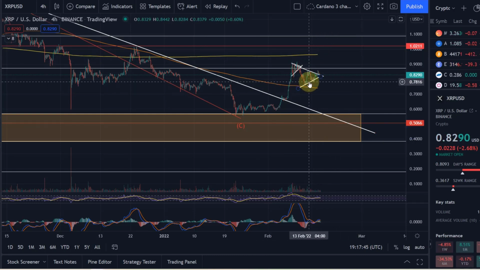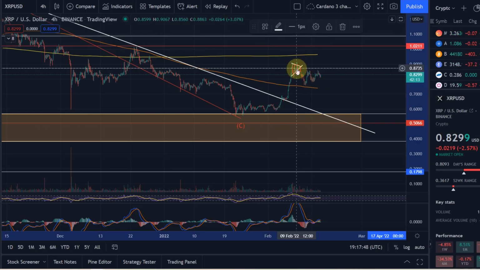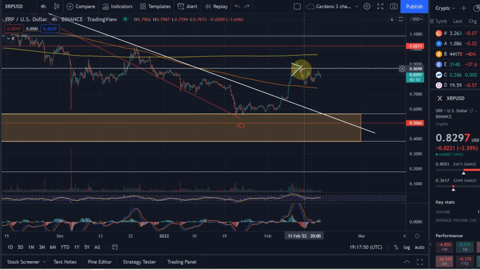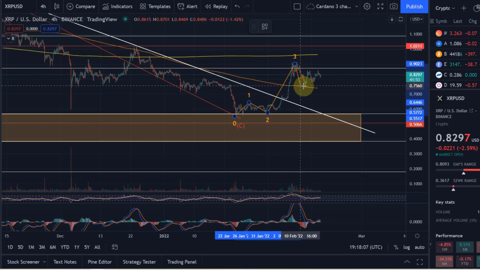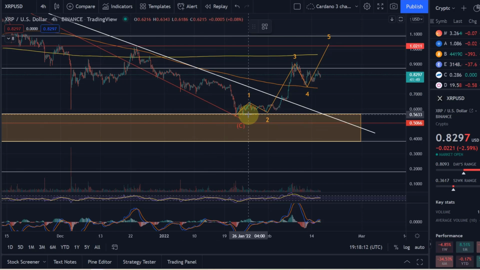So why is this so important? So let me take those shapes out here. Why is this so important? Well, we now need to establish, are we in an uptrend or downtrend? At the moment, I'm skeptical, and especially because of the development mainly today and yesterday as well. So if we say, all right, this is a 1, a 2, 3, 4, and the 5 is still coming. So far, it's not looking too bad, especially if we look at the Fibonacci levels, because if we take here the beginning of